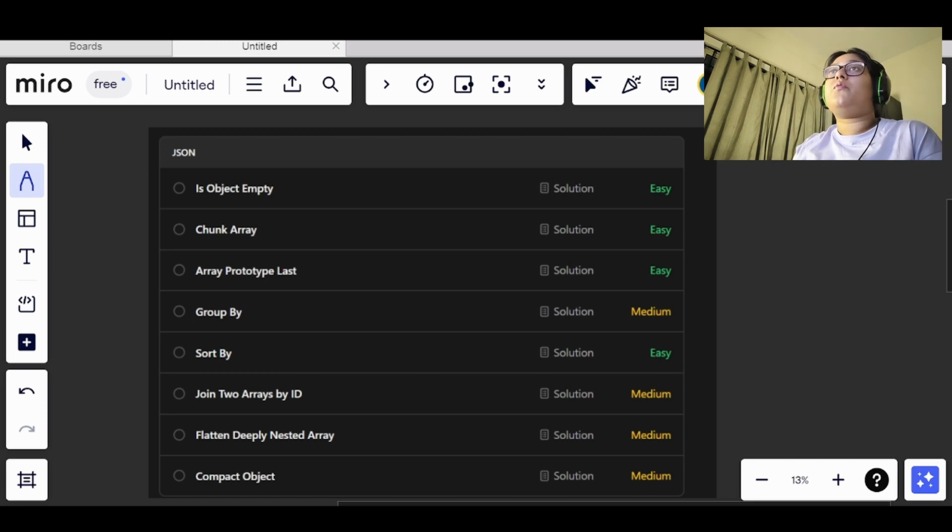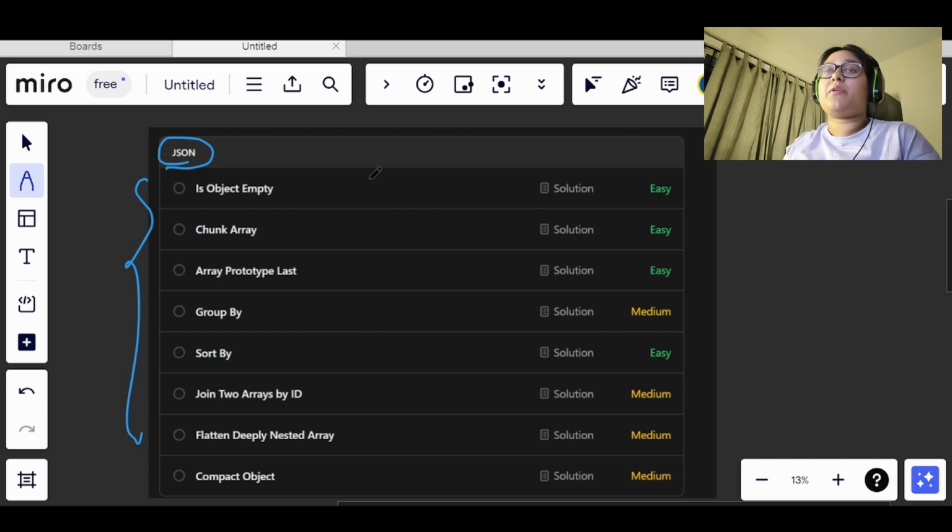So now we will be moving on to JSON. There are 8 questions on JSON, out of which four are easy and four are medium level, and we will be solving them one by one. If there is some different concept coming in between, we will be discussing it inside that question only, like we did in the previous questions and in the promises section. So here we will be solving in a similar way. This is the list of the questions present in the JSON module.